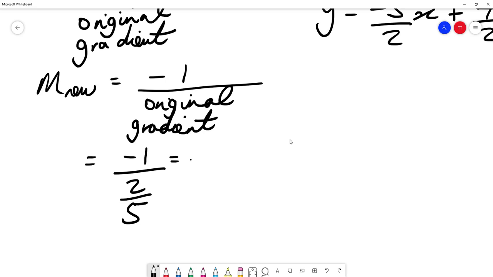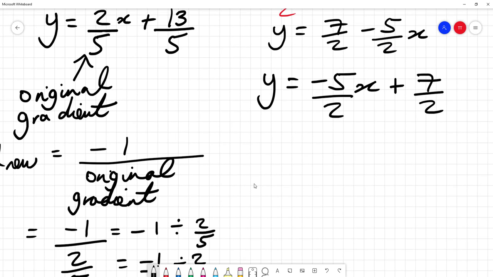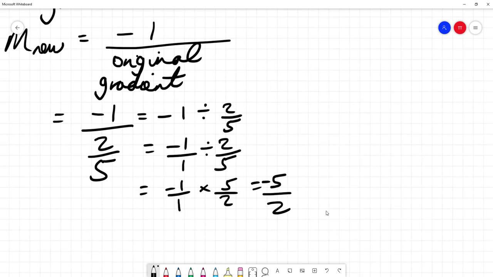Don't forget basic fractions here. So it's minus 1 divided by 2/5. So you could write this as minus 1 over 1 divided by 2/5, which is the same thing as minus 1 divided by 1 times 5 over 2. Minus 1 times 5 is minus 5, and 1 times 2 is 2. Now minus 5 over 2 is exactly the gradient of line Q. So we can say, yes,